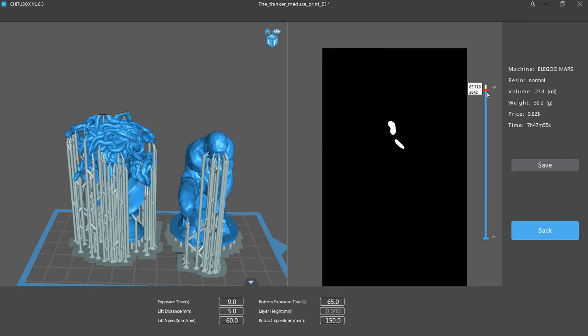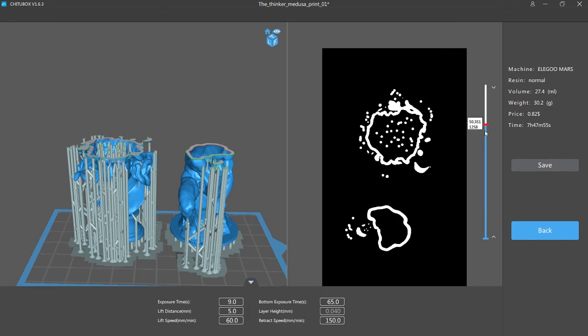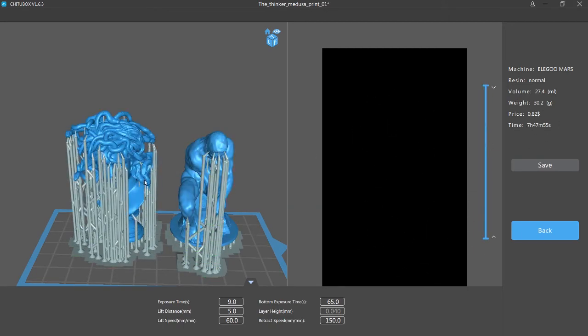Cool. And then it'll give you this preview mode of what it looks like sliced. And you can see, almost like an MRI, what your model's going to look like. And it'll give you the price. So it's going to cost 82 cents based on $30 per liter. And it's going to take a little under 8 hours to print. So I'm going to save this